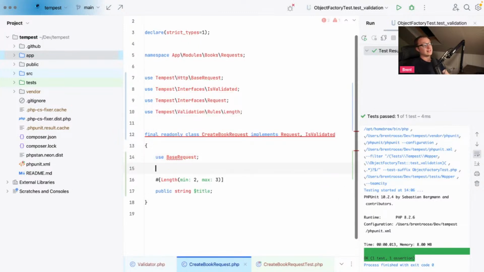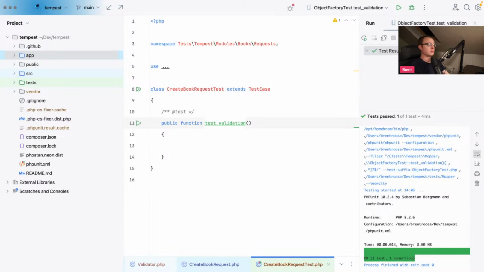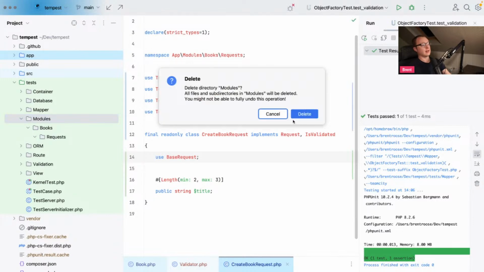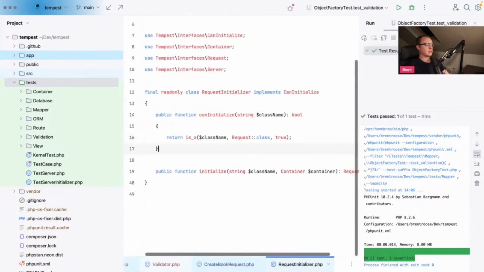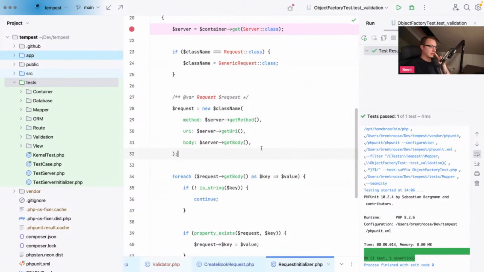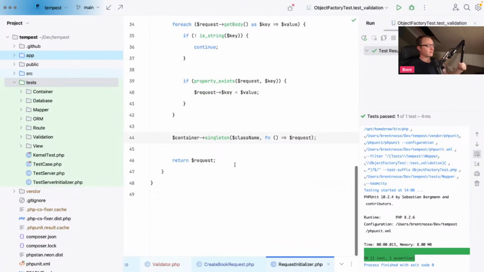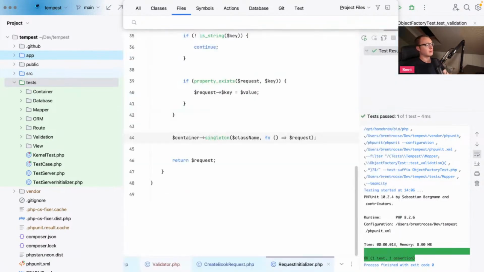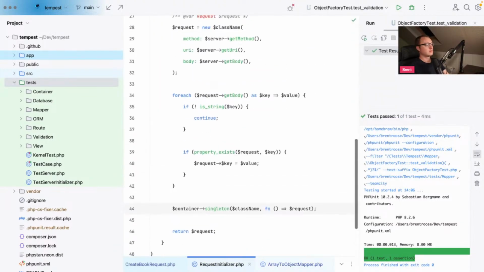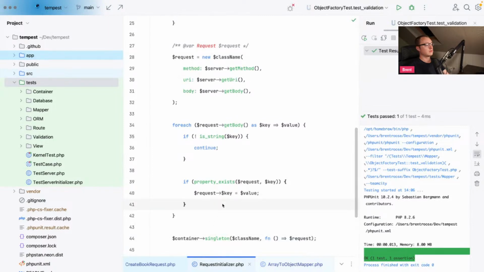Base request, and then we could, ooh, yeah, hang on, we don't need this test. We already have an initializer. It's called request initializer, which will basically build these classes for us. And the only thing we need to do here, and I'm going to copy some code for now, array mapper. No, I shouldn't copy code. It's as easy as